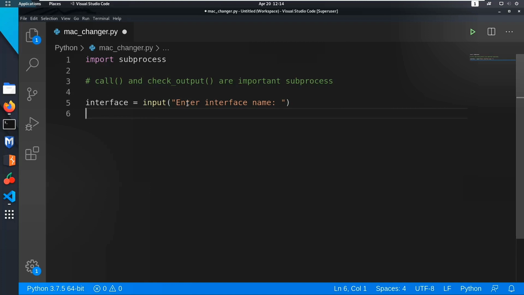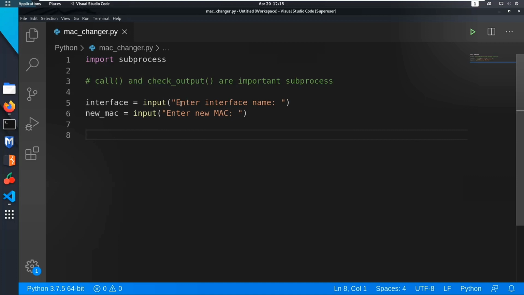And now let me read a MAC address also, and take the input. So this is my input section, and now let's implement the program which does the real work.